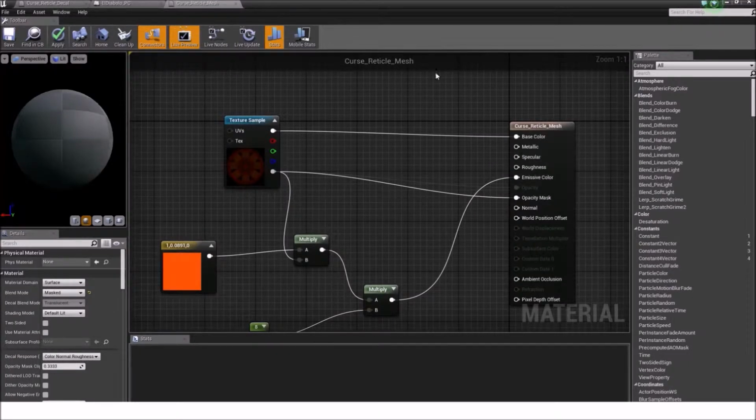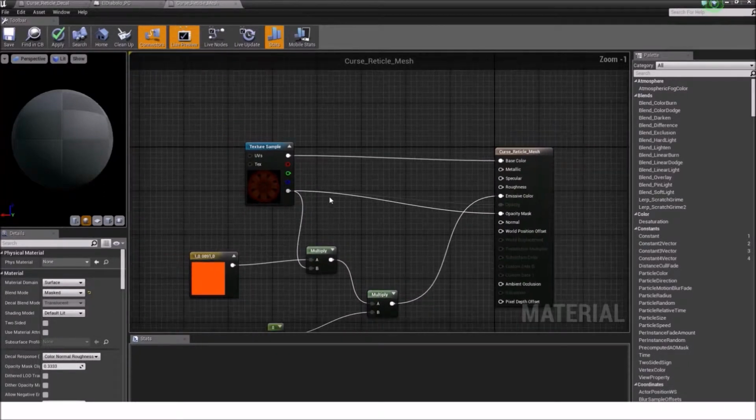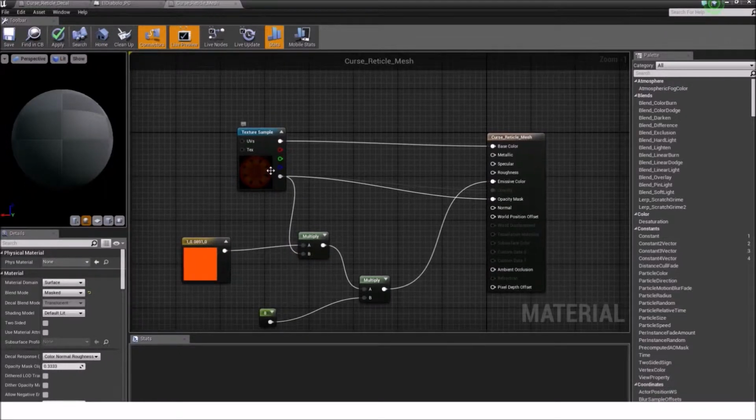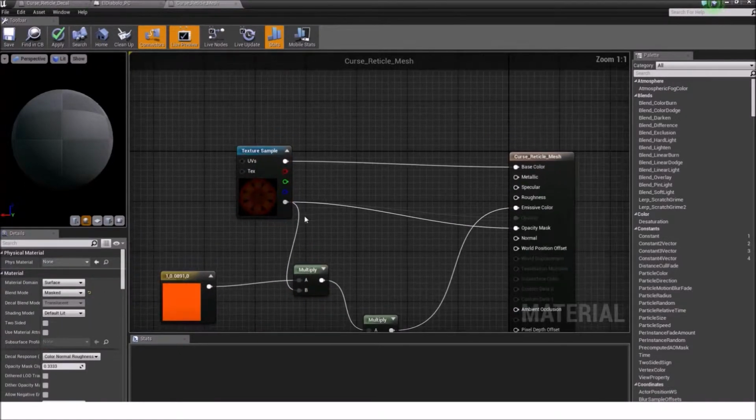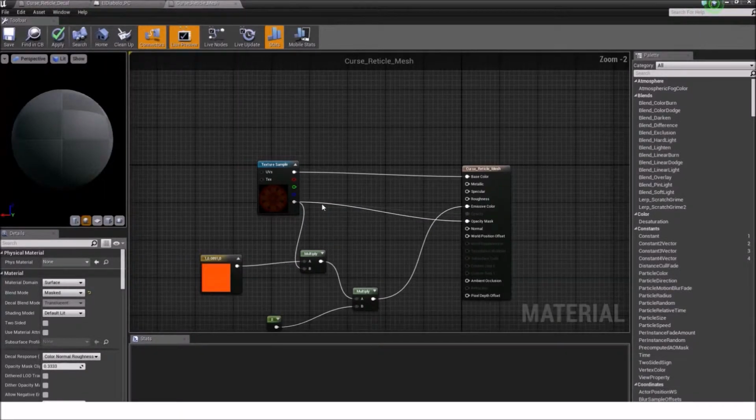The cool thing with this mesh approach is that you can use opaque materials and they will glow. It's just a different setup. So connect our alpha channel here to our opacity mask if you didn't already do so,